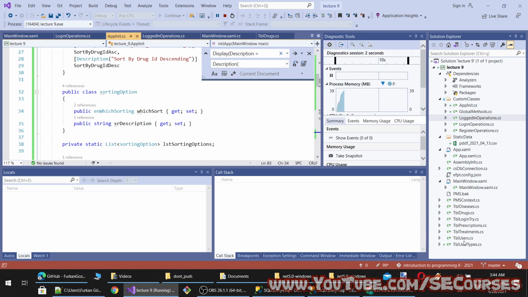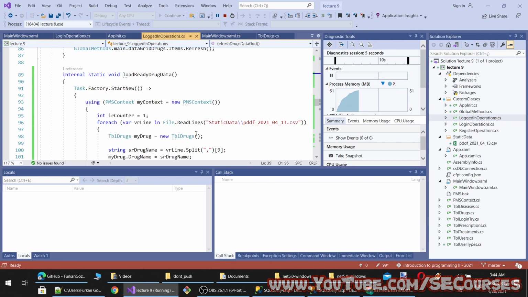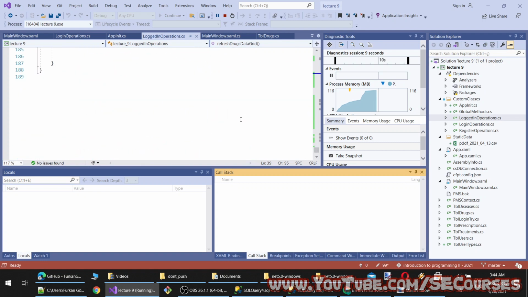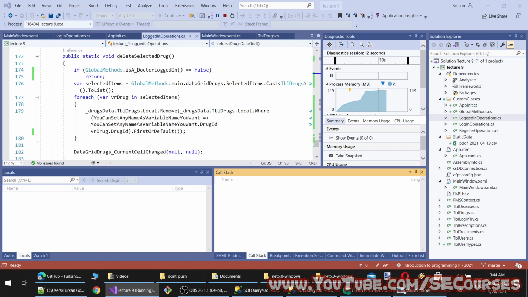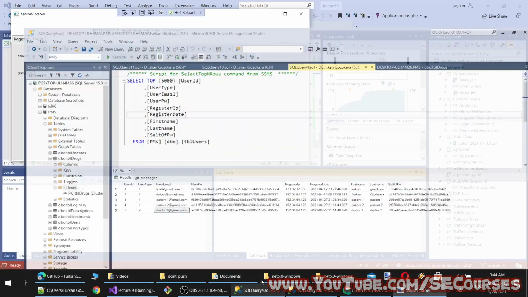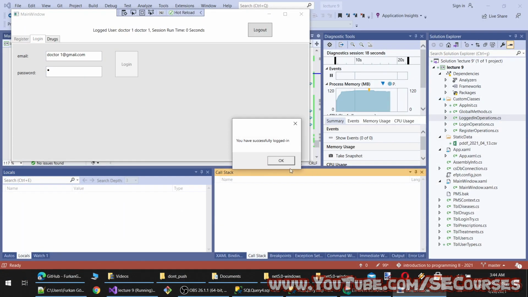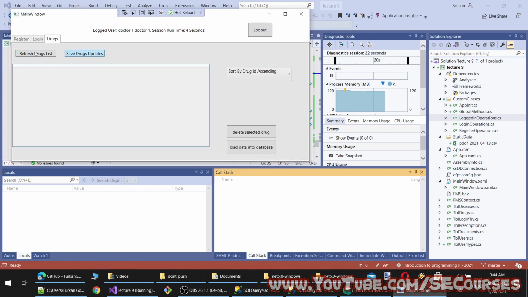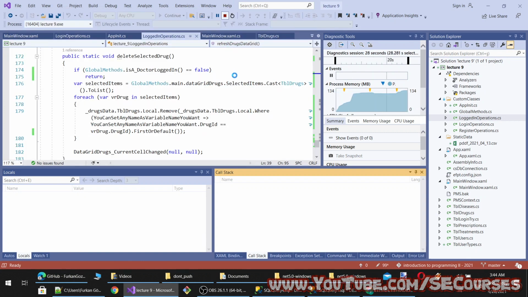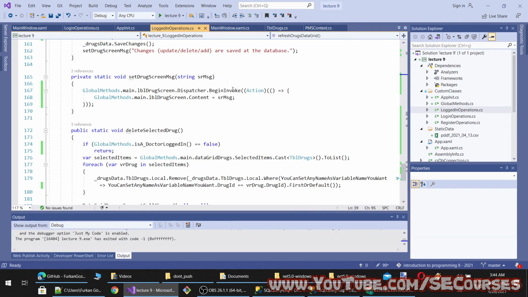And what else did we do? Logged in operations. Okay, let's log in. Okay. So inserting to the database was really slow, right?